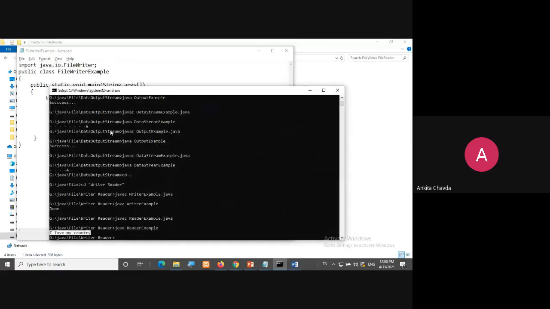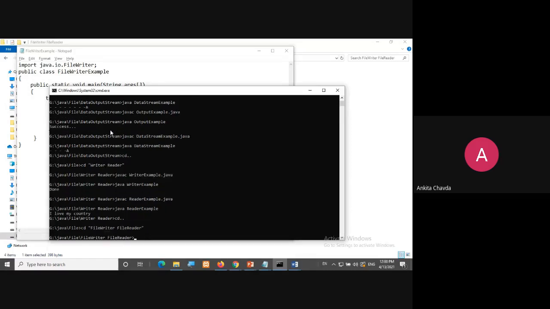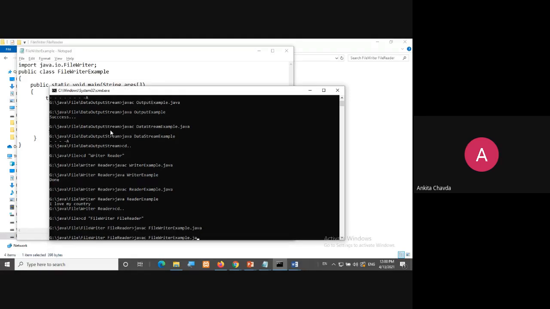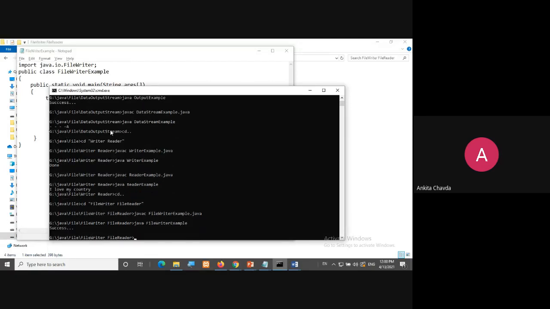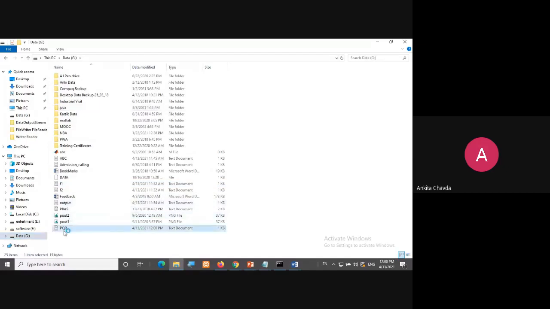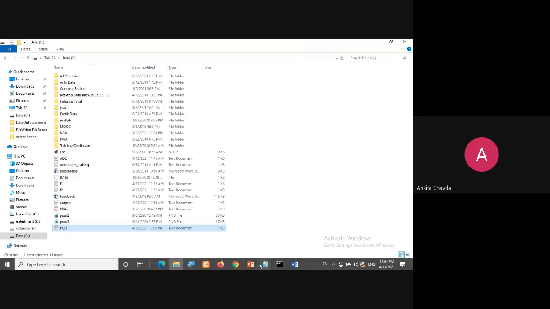So, writer. It will generate one PQR file in G drive, right? So we'll go to that file, PQR, yes, here it is, and welcome to Java has been written. So the same thing we will read, right?